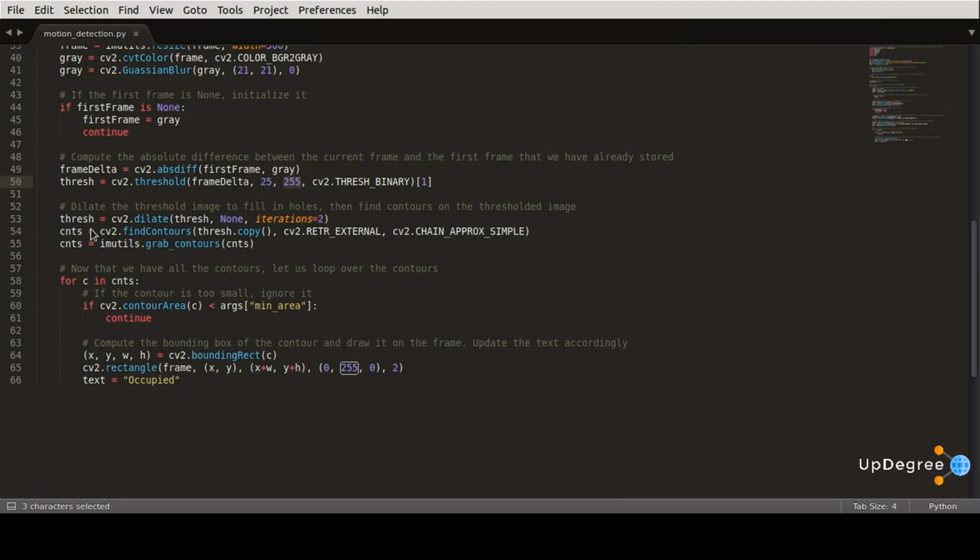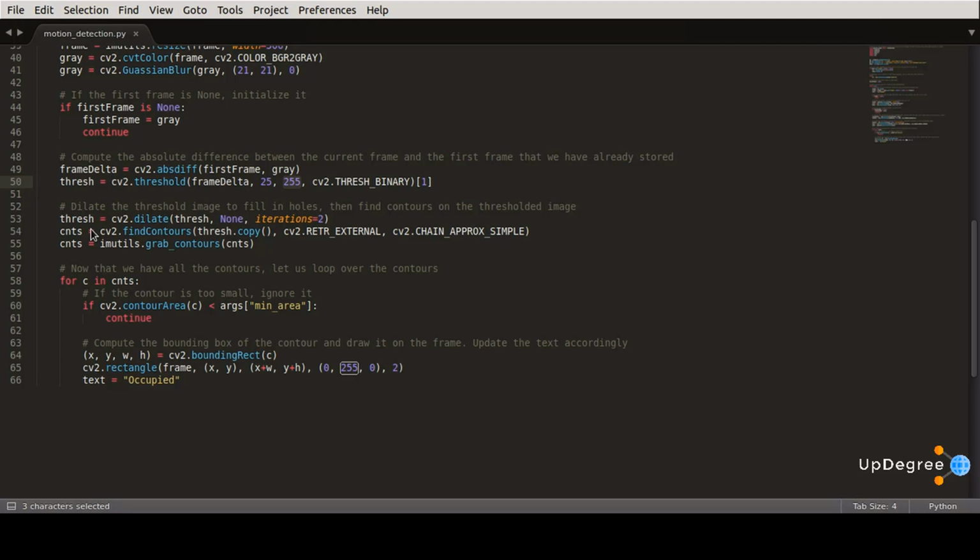Given this thresholded image, it is simple to apply contour detection to find the outlines of these white regions. We will start looping over each of the contours, where we'll filter the small irrelevant contours. If the contour area is larger than our supplied min area, we'll draw the bounding box surrounding the foreground and motion region.